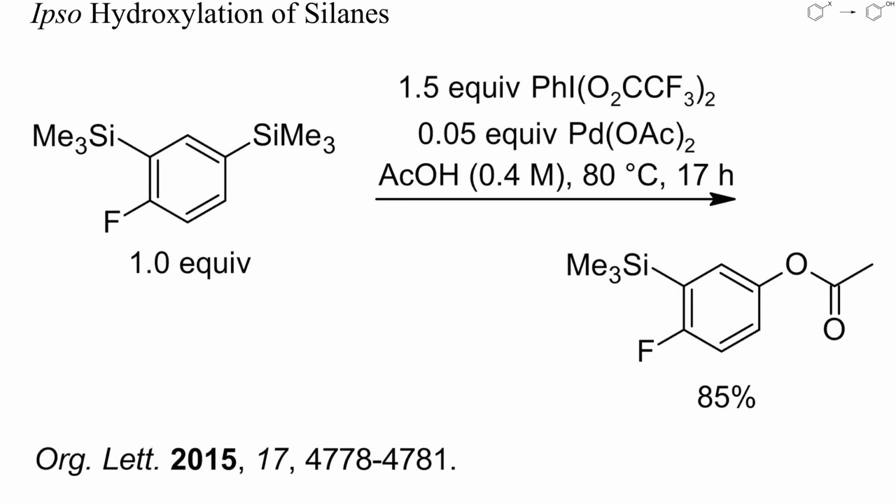Even benzoates can be hydroxylated to salicylates by intermediate chelate formation, in this case with a ruthenium catalyst. I'll show you now some examples of the ipso-hydroxylation of aryl silanes, boranes, and other mononucleophilic intermediates. Here a disilane was selectively monohydroxylated with a slight excess of bis-trifluoroacetoxy-iodobenzene and 5% of palladium acetate in hot acetic acid. Again, substitution occurred para to the fluorine atom. No chelate was formed here, and the acetoxylation presumably proceeded by insertion of palladium(IV) into the carbon-silicon bond.